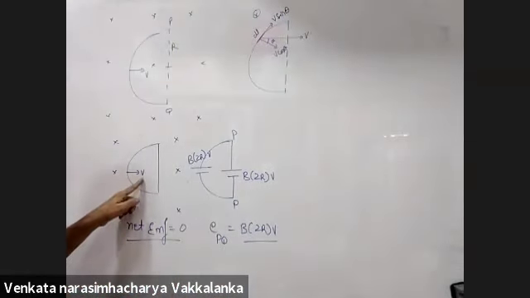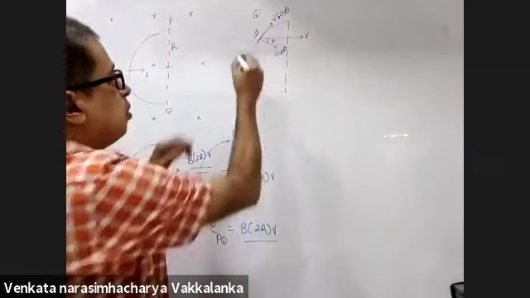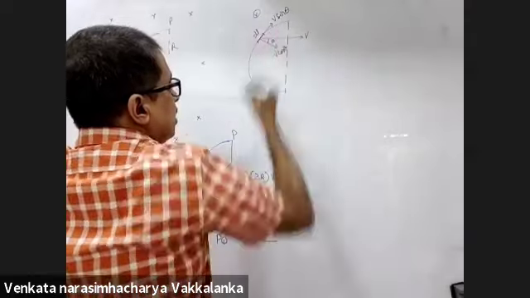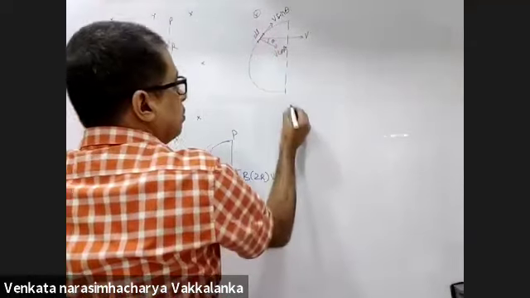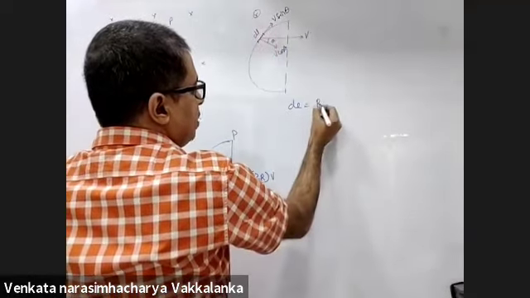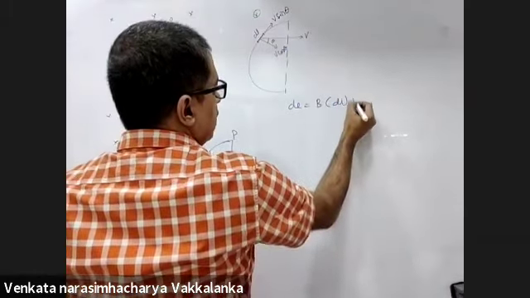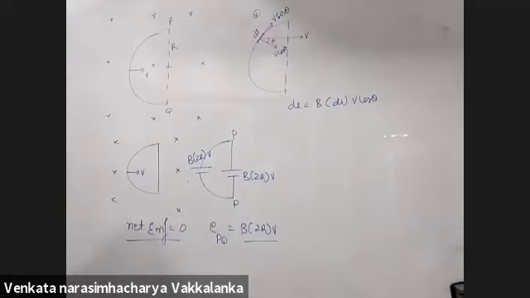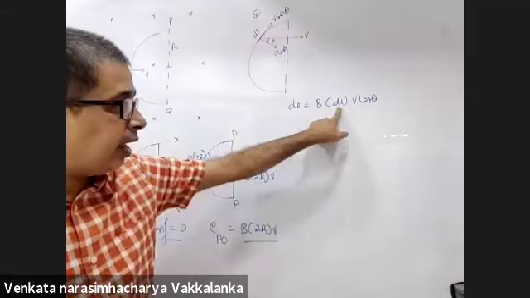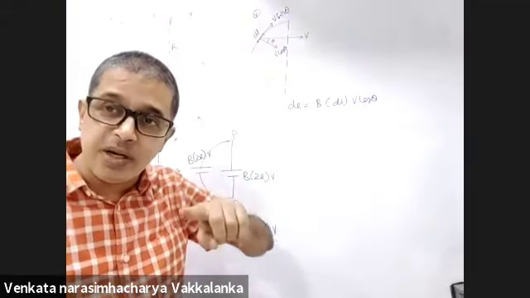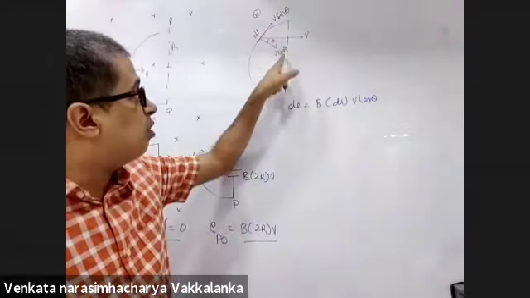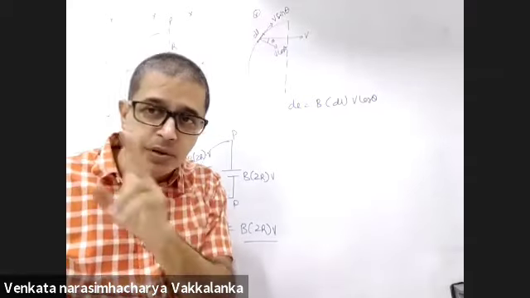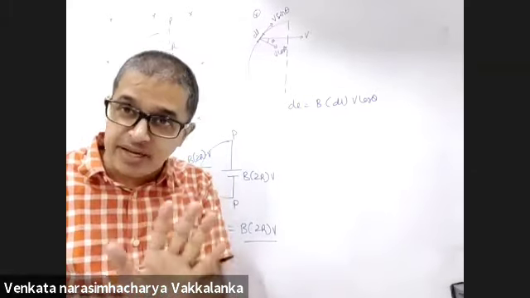The loop is moving to the right with a velocity v. That means this small element dl will have a velocity v. This is v cos theta and v sin theta. Motional EMF dE will be B L V. Are you convinced? B L V, all three should be mutually perpendicular. If they are not, you will resolve it and take the perpendicular component. V sin theta will not produce any motional EMF. Agreed?